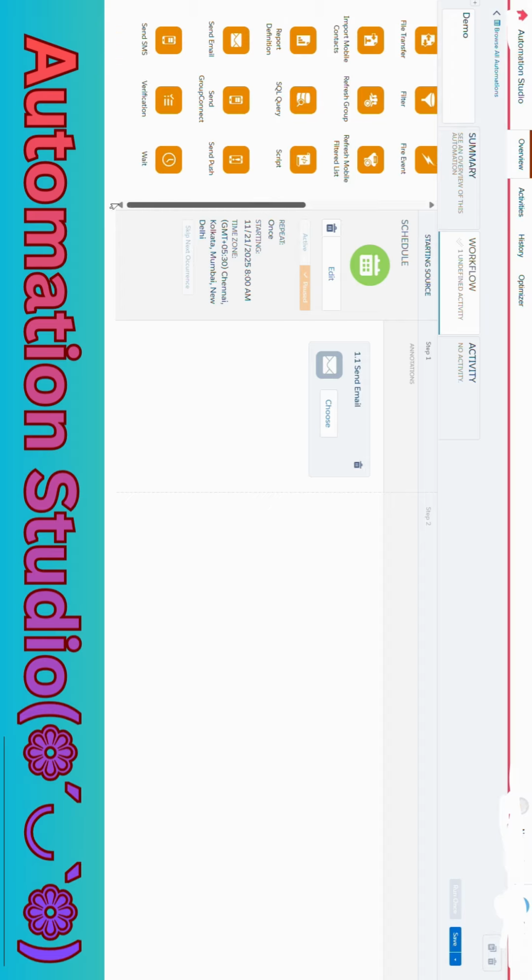So all of this runs automatically at midnight without anyone clicking a button. That's the real power of Automation Studio. Set it once and let Salesforce handle the rest. For best practices, always test your automation with sample data before scheduling, and name your activities clearly, like import patient data or send weekly reports. Monitor your automation logs for any failed activities, combine with Journey Builder for advanced real-time personalization, and use SQL queries to ensure data accuracy across multiple sources.